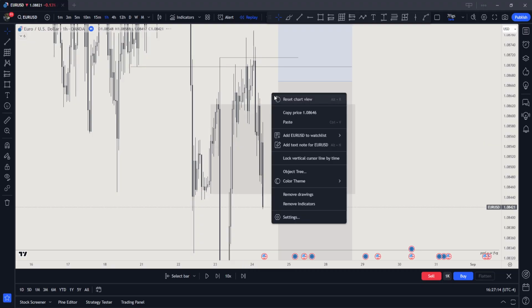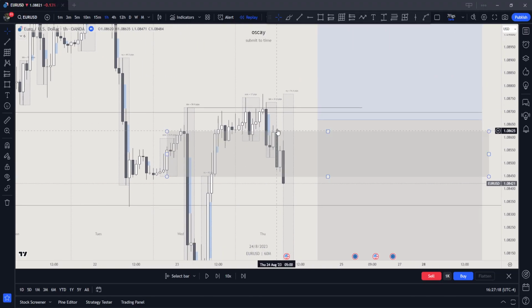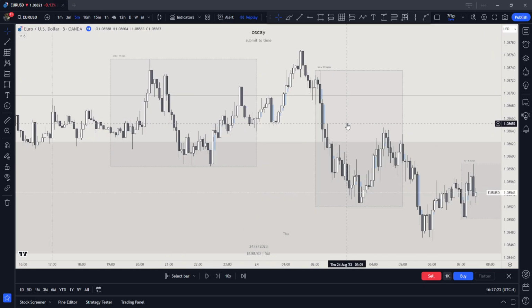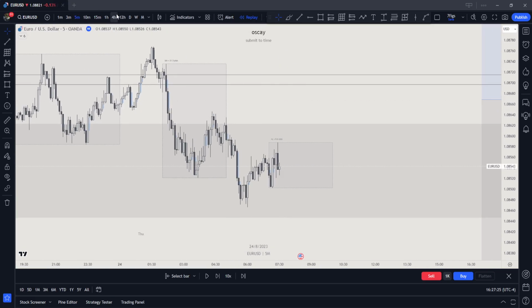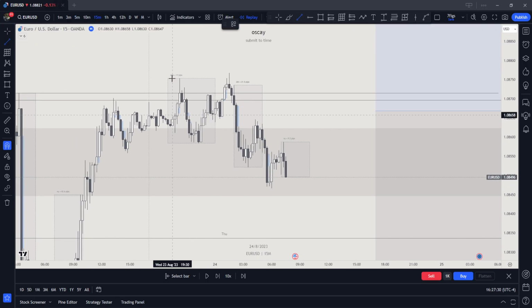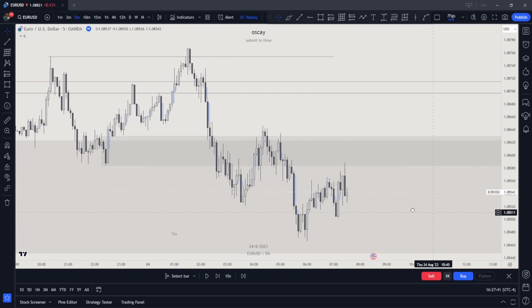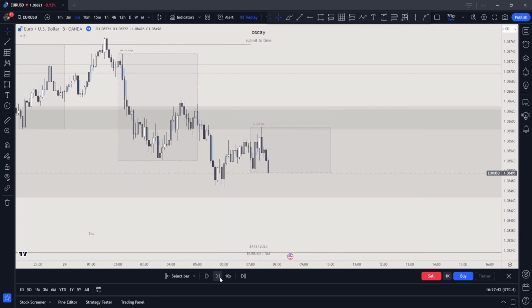We just need to see a rate into displacement. Fair value gap, propulsion block. Rate into displacement right here is go time. Look, because we had this manipulation right here. High, low, higher high, lower low. I don't expect another big manipulation to the upside. So I'm just looking for M5 fair value gaps. High, low, higher high.